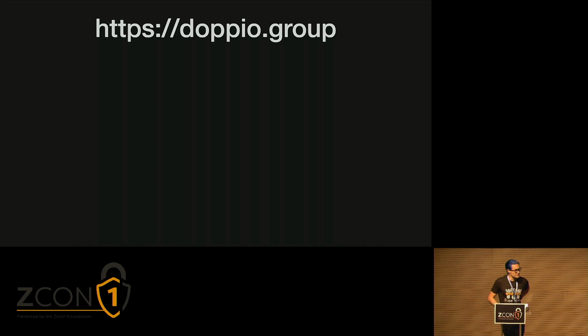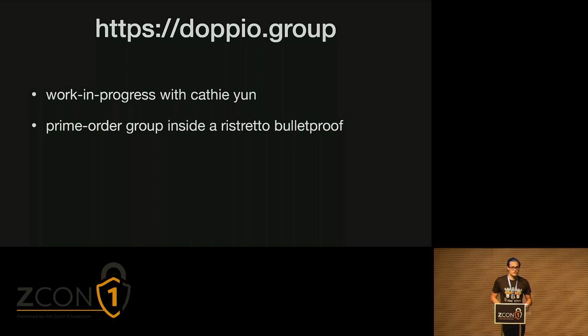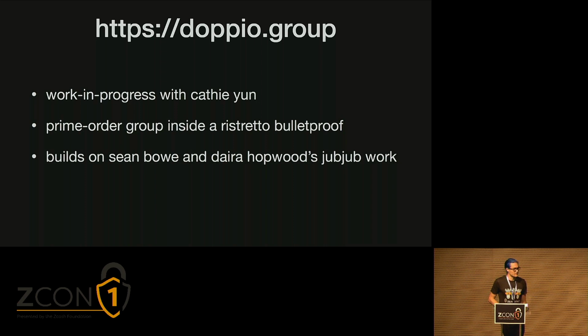And so there's some notes on that on this website, doppio.group. Also see ticket 4024. That website is a project that I started working on with Kathy Yun. It's aiming to do a prime order group inside of a ristretto bulletproof. But it builds on Sean and in particular Dara's work on JubJub. Actually, Dara has done an analysis of trying to do ristretto for JubJub, which